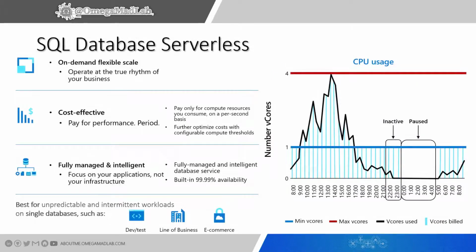Last but not least, if you have to deal with an intermittent workload, you can approach the SQL Database Serverless tier. Here you can define a minimum number of vCores as well as a maximum number of vCores that can support your workload, and then this tier can dynamically scale up and down between this minimum and the maximum depending on the workload requests. This can make you save a lot of money because you are paying only for the used compute capacity.